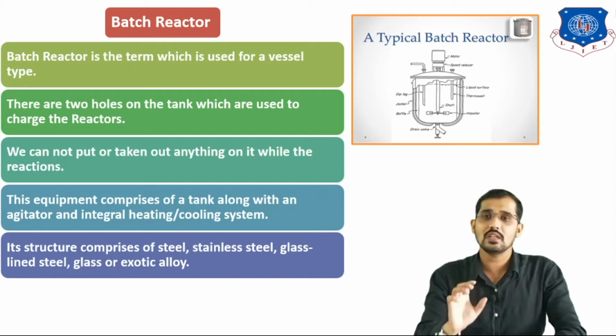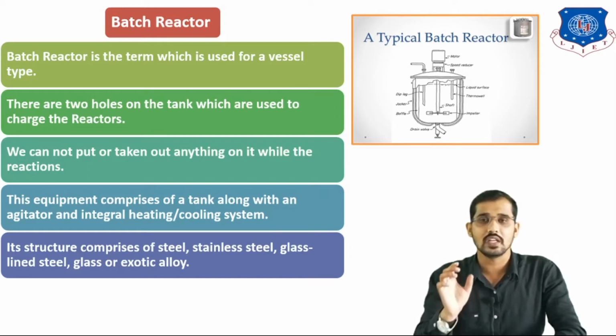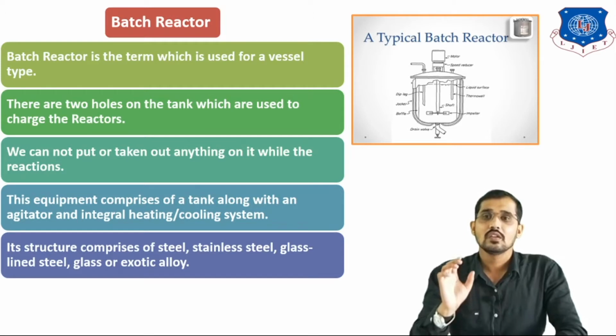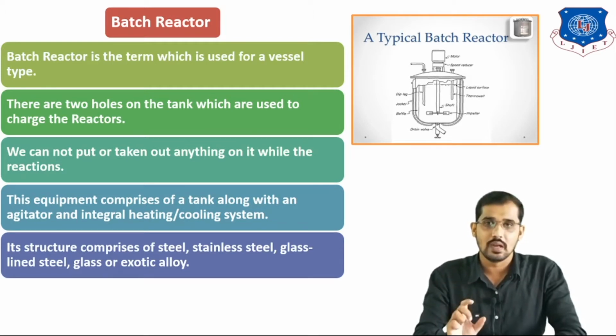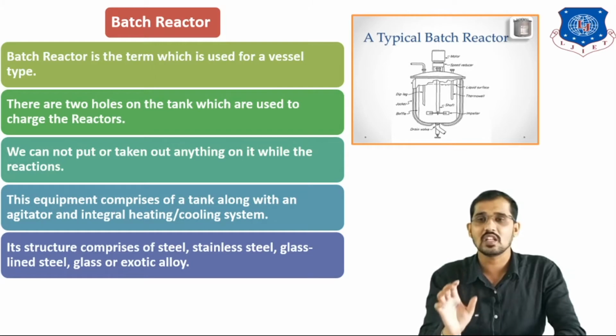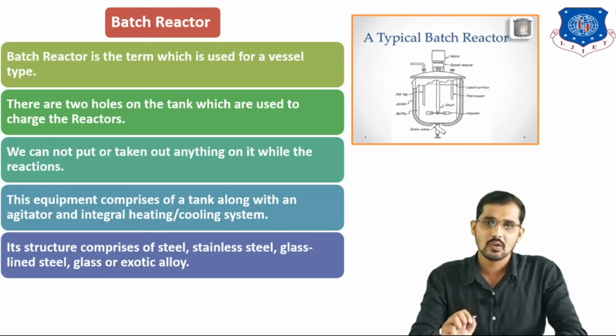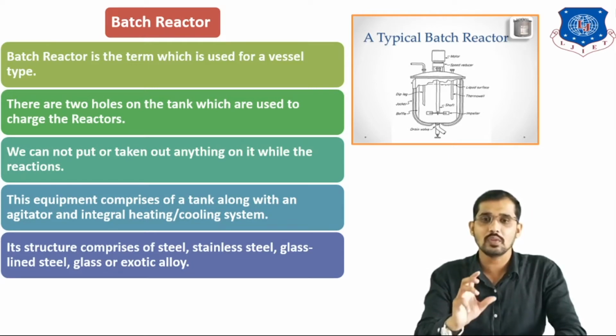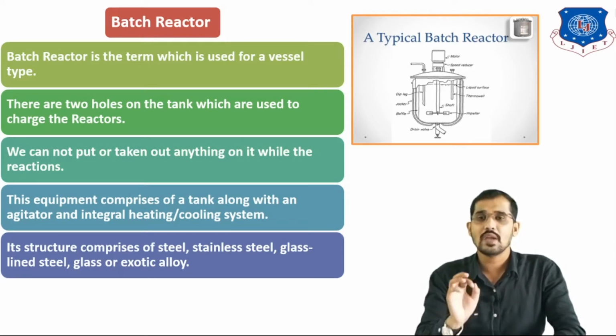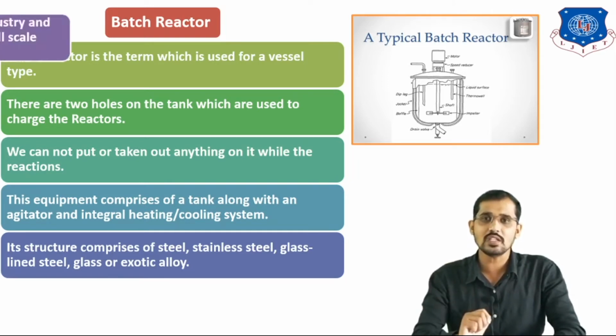Okay. So what we have seen in the construction part, I explained related to the dip leg, after that baffles, jackets, after that impeller and thermowell, and after that there is the MOC, that is nothing but material of construction. So for material of construction we can use stainless steel, steel or glass lined steel. The best thing is if you are handling any acid reactants in the reactor, you can prefer glass lined steel material. Okay. So this is all about the construction part of the batch reactor and we can use the batch reactor at lab scale as well. So the application of the batch reactor is the next point.